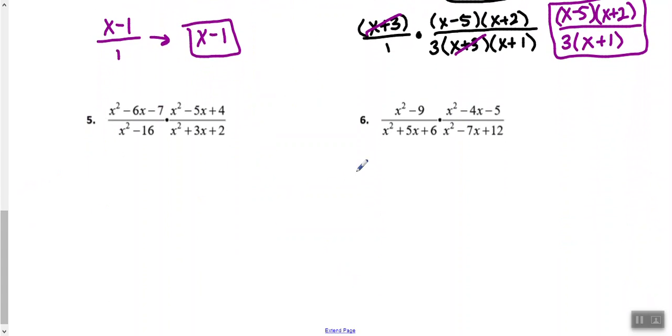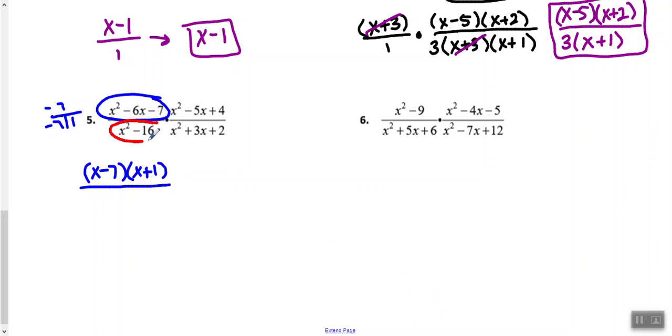5 and 6 are a little bit different, but the process is the same. Here we have two fractions where we do have to factor everything. So this is going to be a lot of factoring. So looking at the top of number 5, x squared minus 6x minus 7. No GCF, so I play my game. So I'm trying to think what multiplies to negative 7 but adds to a negative 6? Negative 7 and positive 1. So on the top, that now gives me x minus 7 and x plus 1 over,